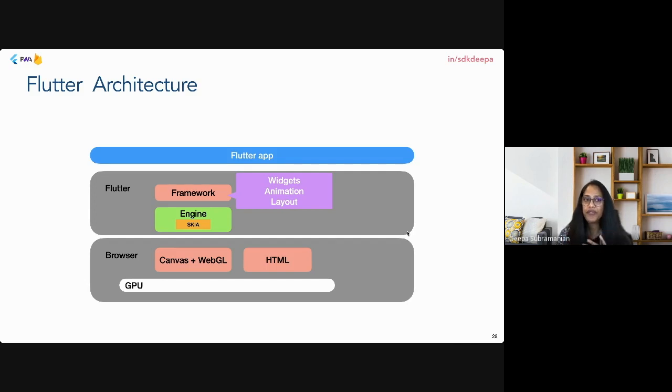Skia, at a very high level, can convert all your native code, like your iOS and Android. It can convert it and make sure that they are compatible with those platforms. And for browser, Skia also supports these two ways of painting the pixels on the screen. Why am I saying this? It's because when you create a Flutter web app,